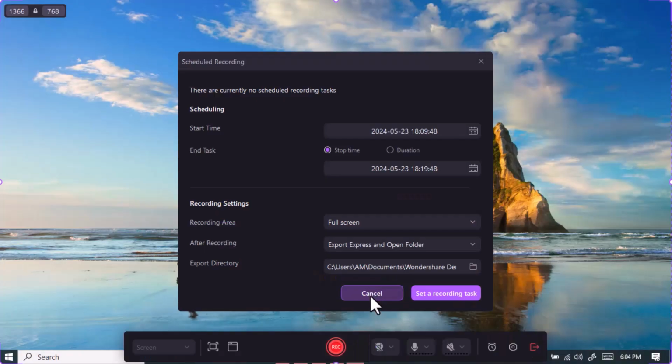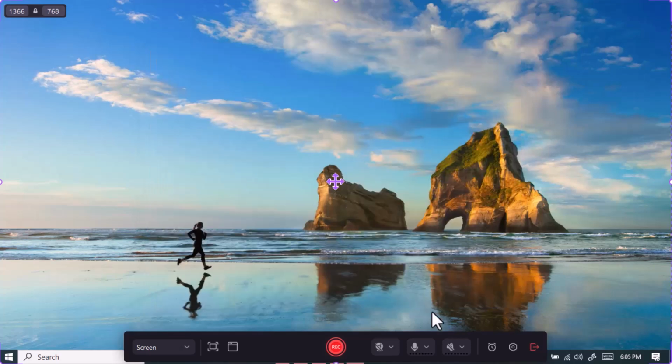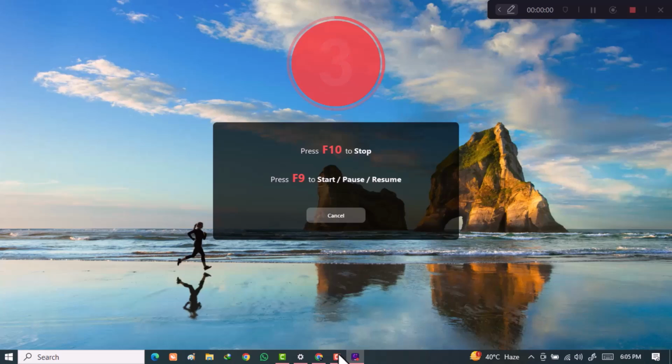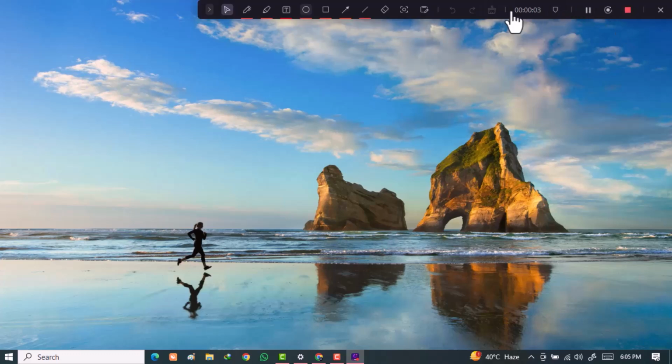Then start the recording. Simply select the record button on the Demo Creator home screen to activate the unique recording area option. These features make a recording just what you want, simple and free of extra clutter or distractions. Demo Creator is flexible enough to meet your demands. Here are the best features of Demo Creator.